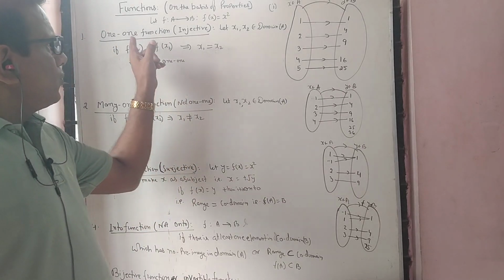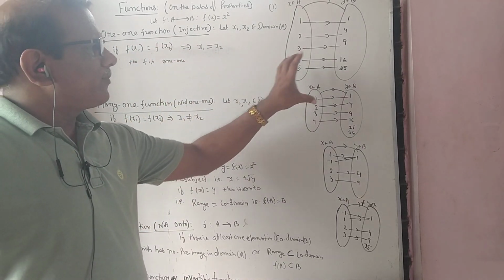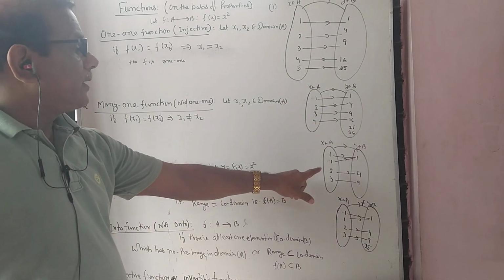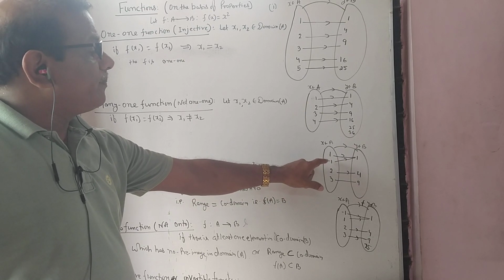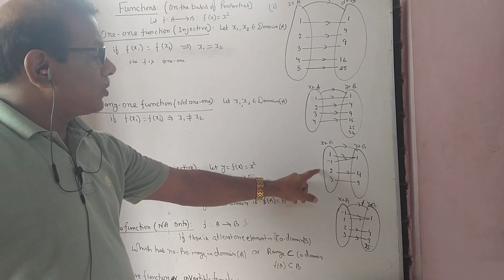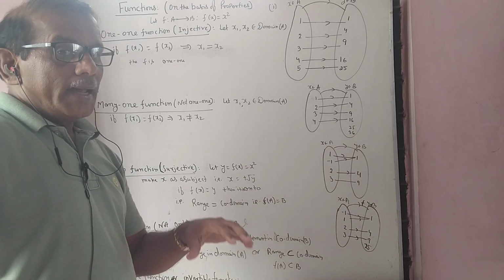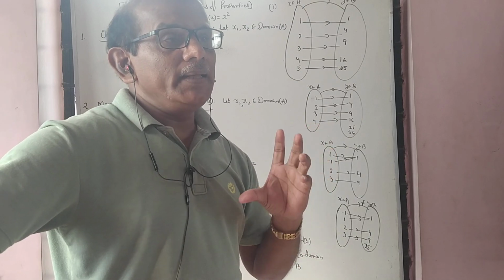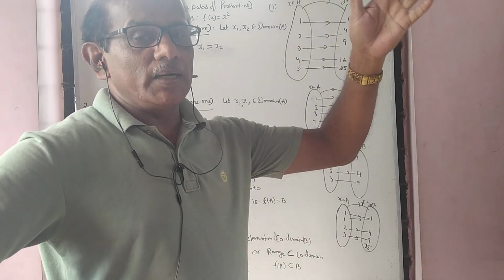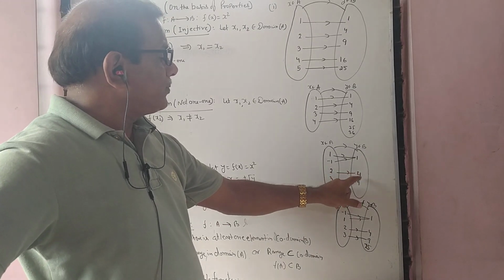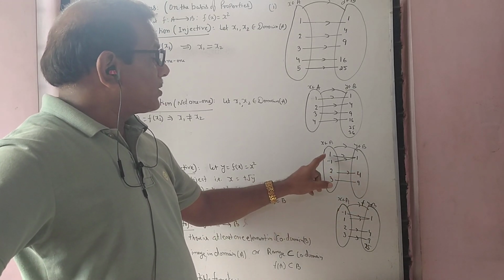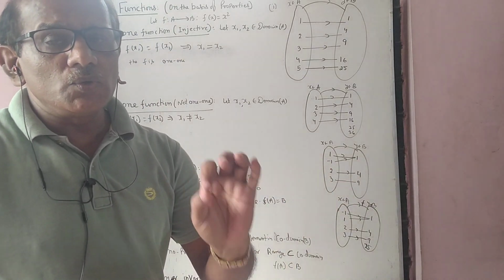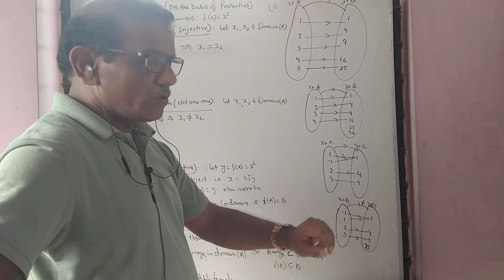Okay, so 1-1 function or injective: a different element of A has a different image. Here also different images, so it is 1-1. Here, not 1-1, because this is breaking the rule of 1-1, so we call it many one. Actually, the words many one make it look like many, 5, 10, 20 objects have one image, but no. See here, the image of 2 is only one, the image of 3 is only one, but due to these two objects related to one image, it has broken the rule of 1-1, that's why this is many one, and here also many one.